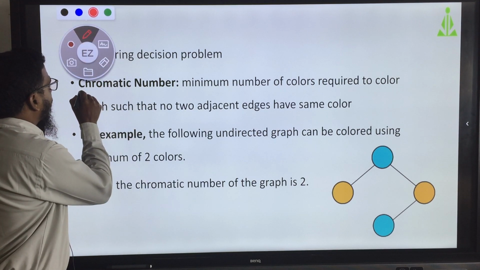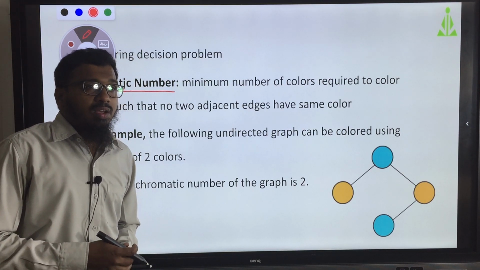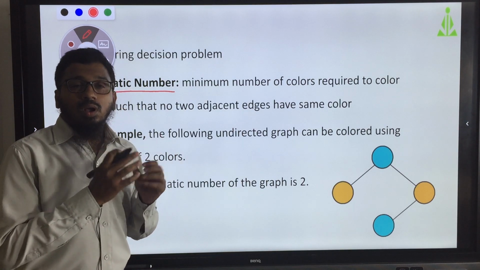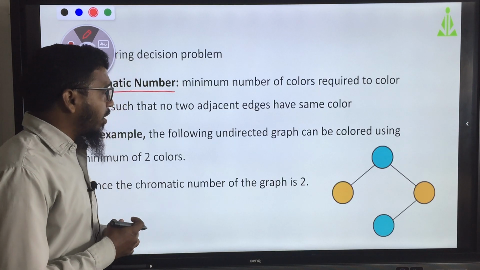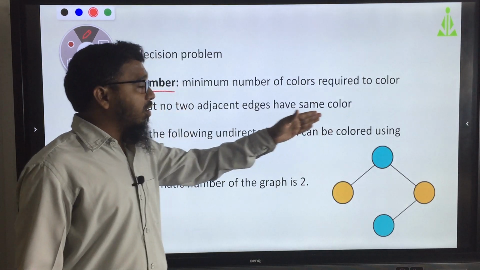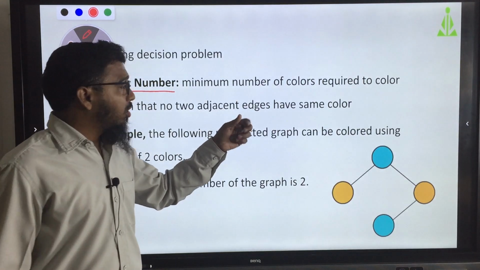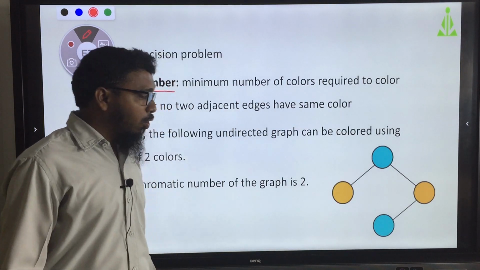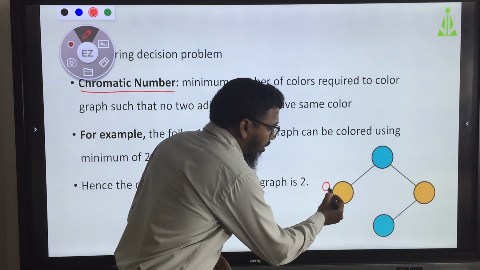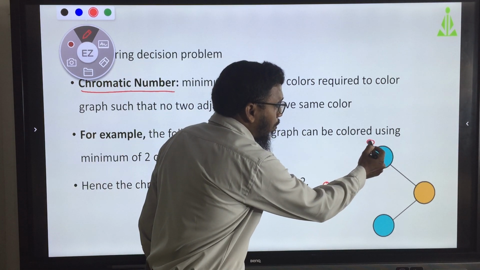This is very important, because if you have a graph, it tells how many colors you need to complete that graph. The chromatic number is the minimum number of colors required to color a graph such that no two adjacent vertices have the same color. You can see here in the graph, this is orange and this is blue.